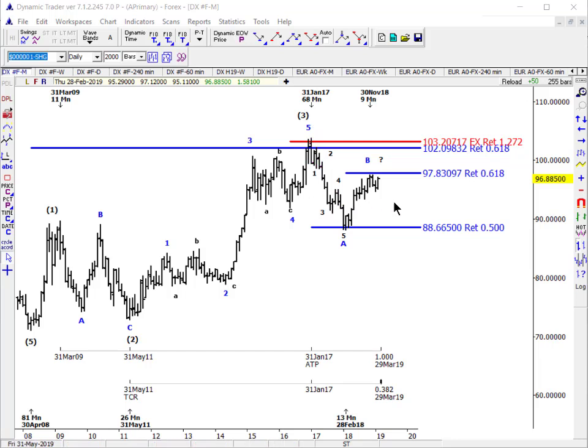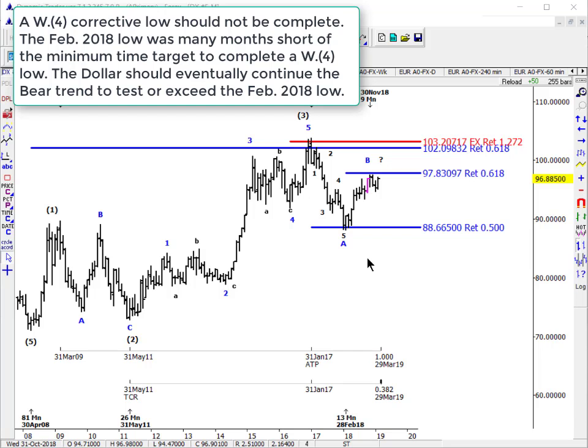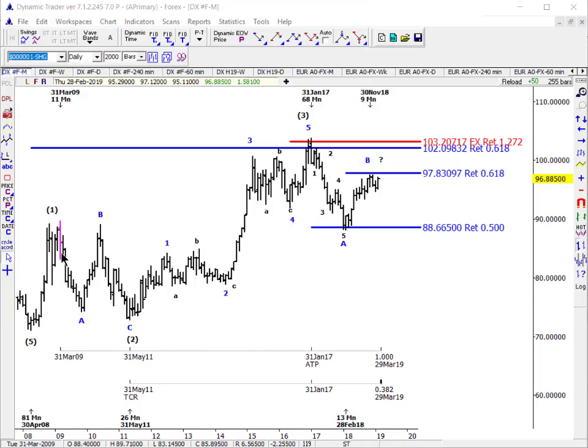So we're in the process of making a wave B, or excuse me, a wave 4, and it shouldn't be complete. And why is that? This is an important piece of information as far as I'm concerned, because if a corrective low is not complete, that means we could have many months, if not a year or two, before the dollar resumes any sort of bull trend. So if we do a 100% alternate time projection of the wave 2, which was 26 months,